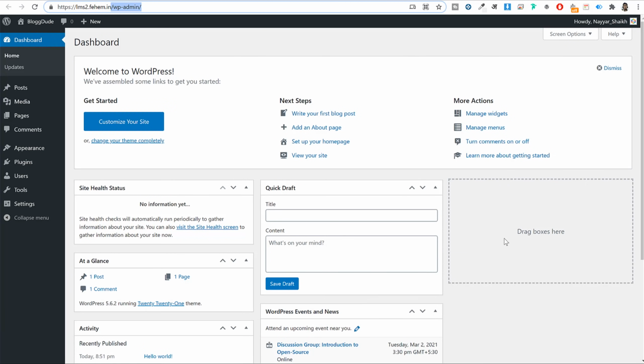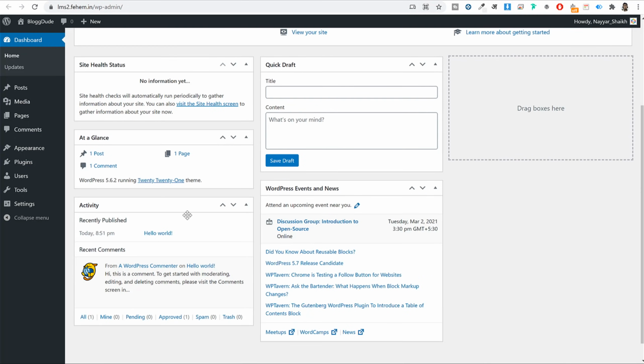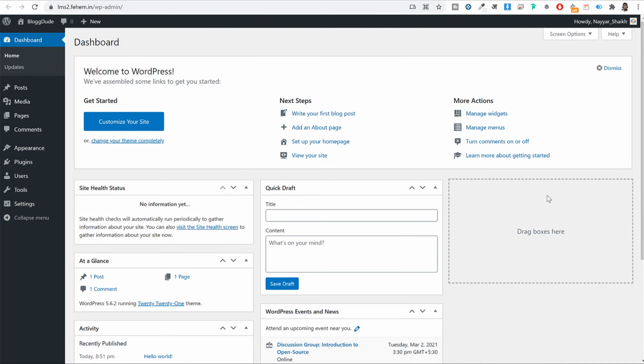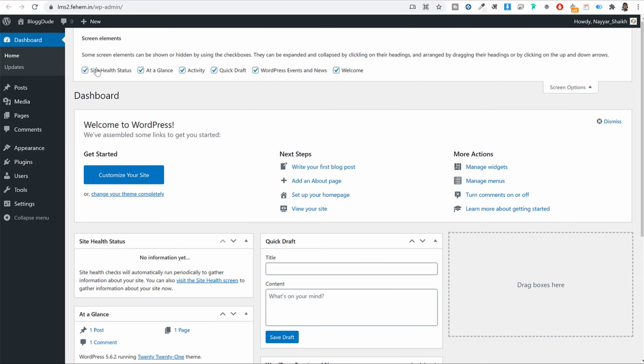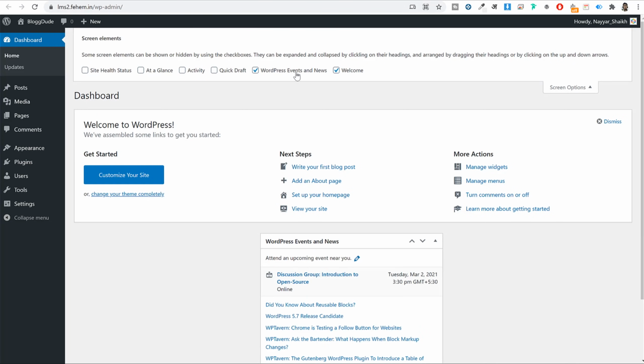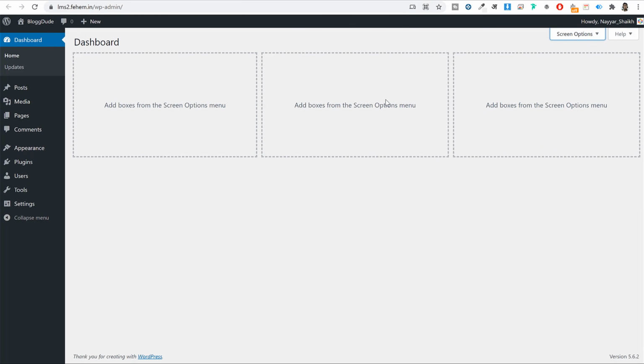And whenever we install WordPress on a new domain name, there are a few basic things that we have to understand and a few basic settings that we have to do. Now, first of all, on your dashboard, you'll see these widgets are present. Now, these are not really useful ones. So we can click on screen options and untick all these widgets from here. We want to make sure that our dashboard is nice and clean. We don't have any unnecessary widgets present over here.